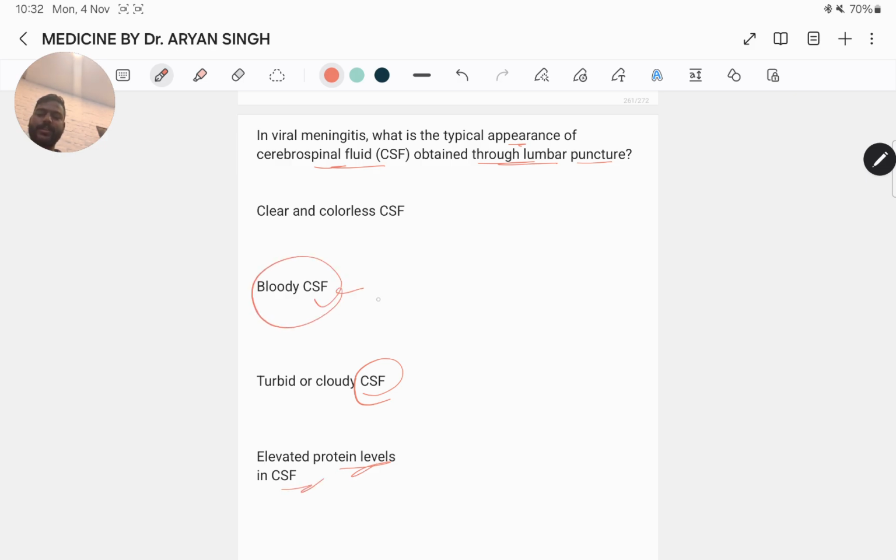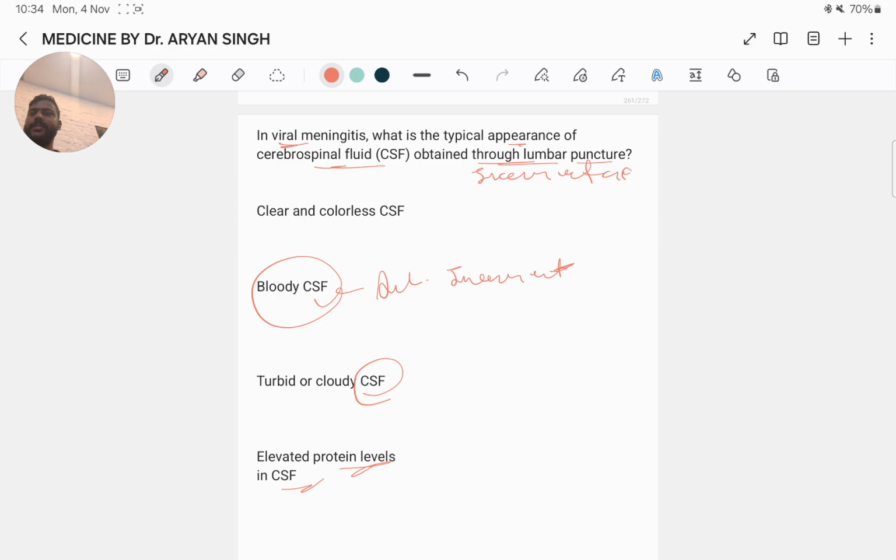Here the best answer is bloody CSF, because the question asked for the incorrect one. So the statement that lumbar puncture in viral meningitis shows bloody CSF is incorrect, because viral meningitis is